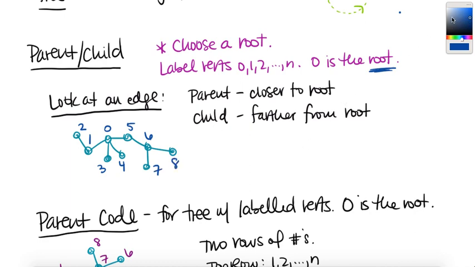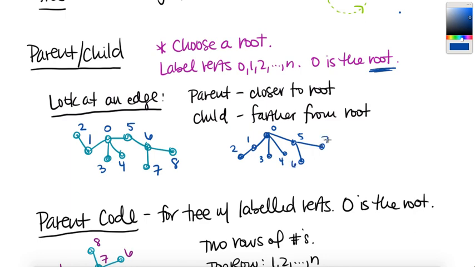And if you want, you can sort of redraw your graph. You don't have to do this, but you can redraw so that your root is up here and everything else comes down from that root. So from the root, we've got vertices 1, 3, 4, and 5. So it would be like 1, 3, 4, 5. And then from vertex 1, we get vertex 2, and then from 5,